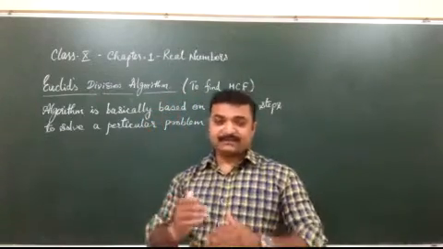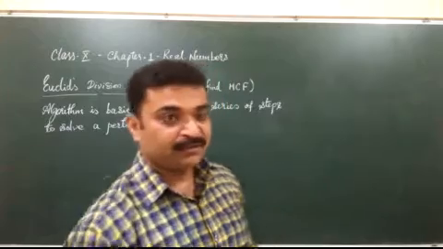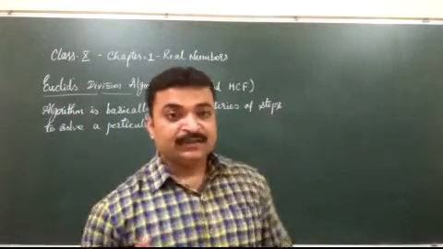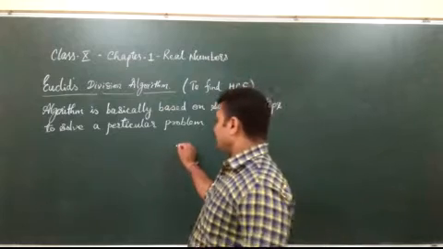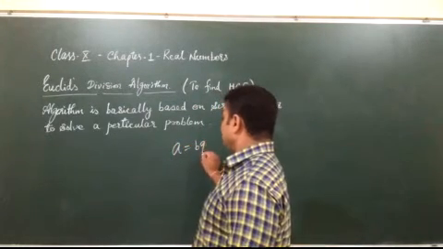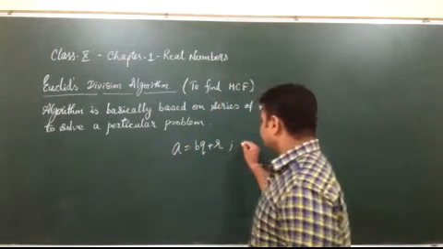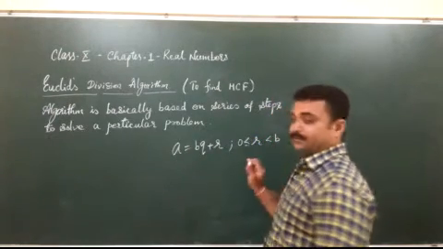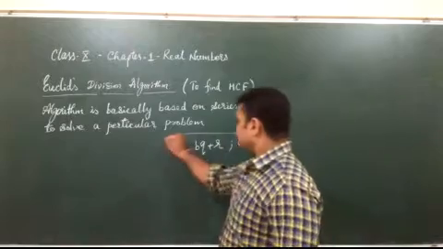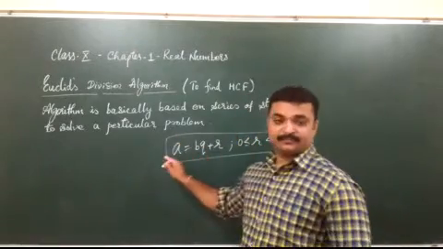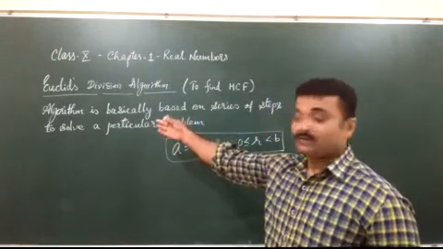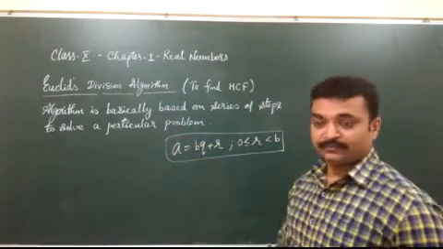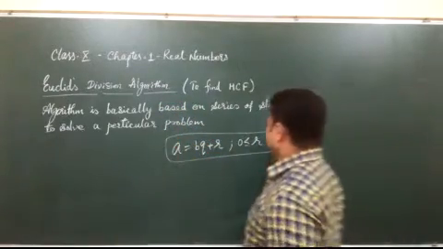Okay, that is a step by step process. Yesterday, in the previous lecture, I told you about Euclid's division lemma. According to Euclid's division lemma, a is equal to bq plus r, where r is greater than or equal to 0 and less than b. Got it? By this lemma we solve. We have to use this lemma in the division algorithm. Clear? Okay.